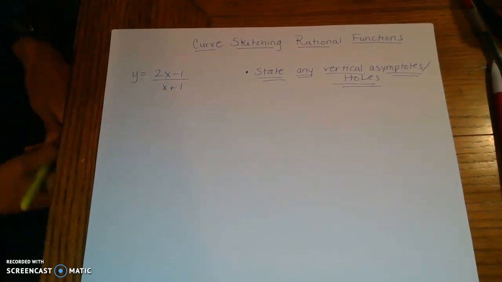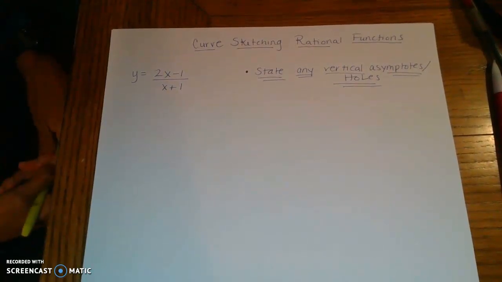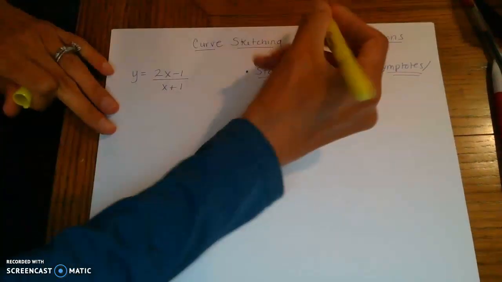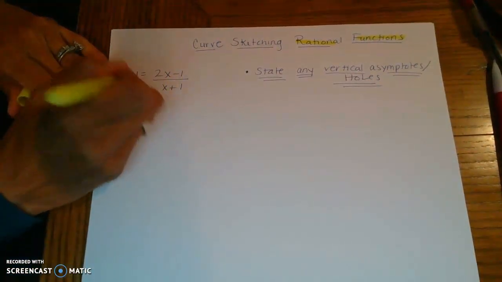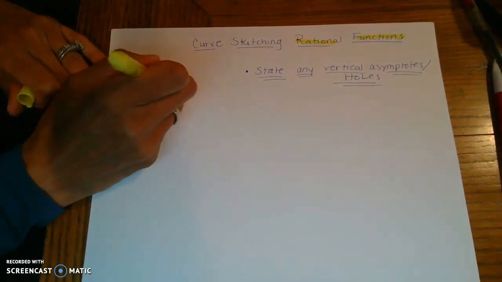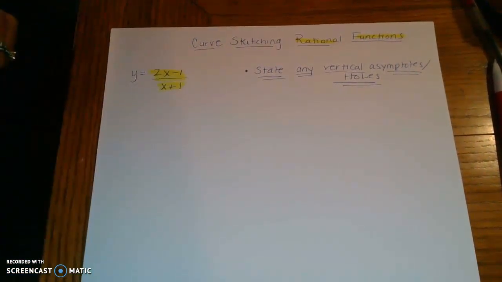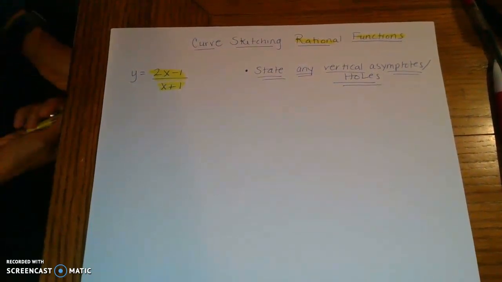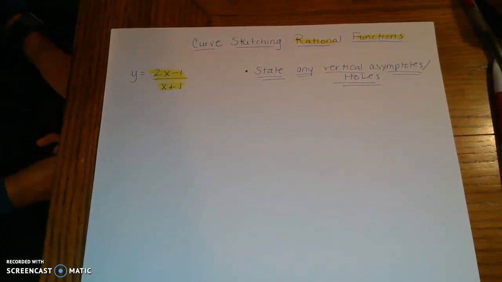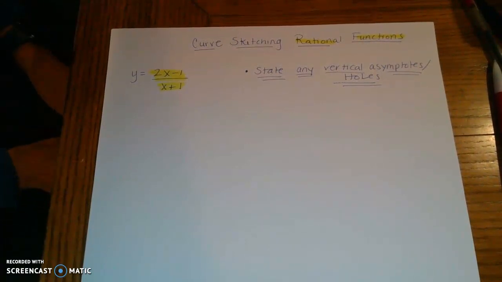All right, so today we are talking about curve sketching with rational functions. When I say the word rational functions, what should come to mind is any function that can be written as a fraction where you have a variable in the denominator. So we have to find critical values and different characteristics of the equation that will help us sketch the curve